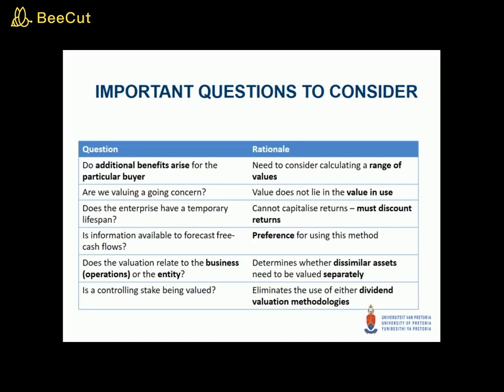So a nice example of this was in 2010, one of my friends opened up a little business, and on one of the fan walks in Cape Town, he sold vuvuzelas and hats. And this paid for him to be able to take a trip overseas afterwards to go visit a country that he always wanted to visit. But this enterprise only had a limited lifespan. So if we were to determine the value of that enterprise up front, we would not be able to include a value into perpetuity, because once the World Cup ended, the sale of those particular vuvuzelas and supporting hats would no longer be valid or viable.